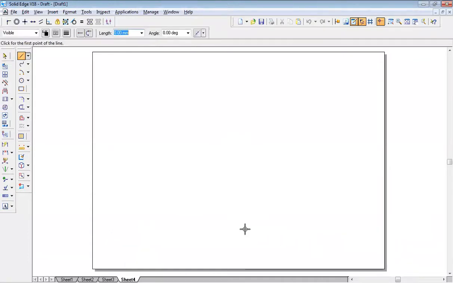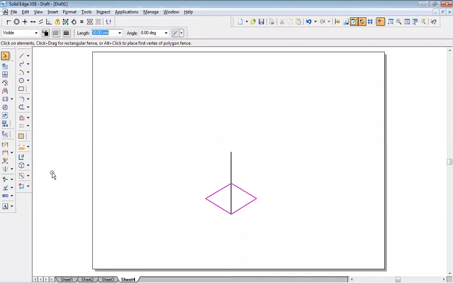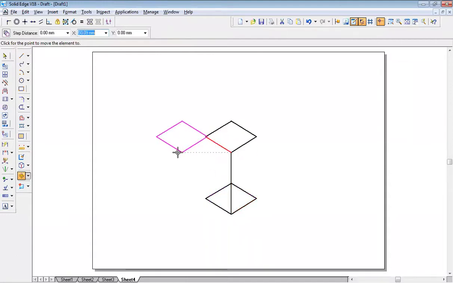Insert sheet. So 30, 30, right? 30 angle 30, 30 angle 150, 30 angle minus 150, 30 angle minus 30. Axis length is 60. So from here, take axis length 60. Right? Select this bottom face. Go to move command. Switch on the copy option. This point, put it on tip of this.